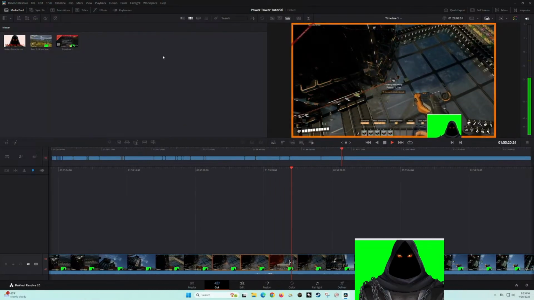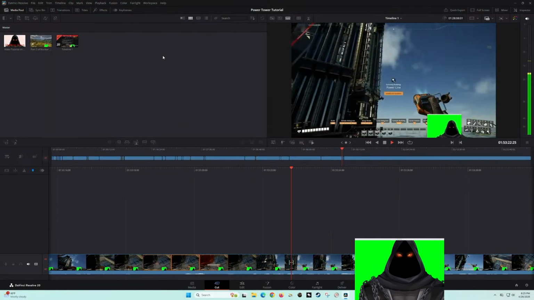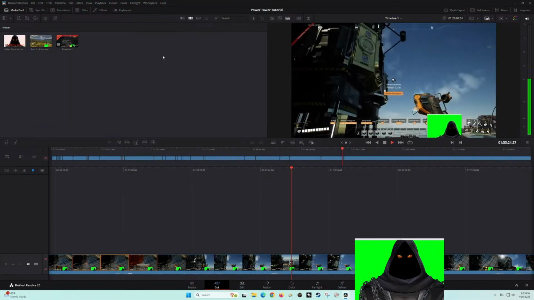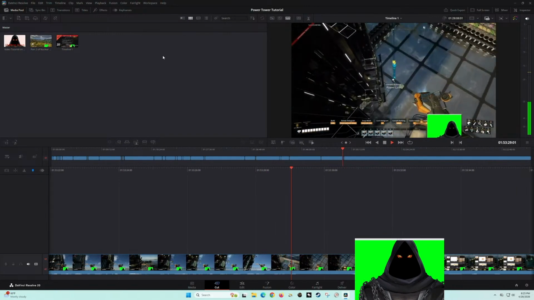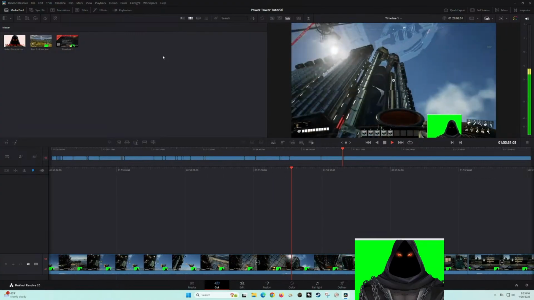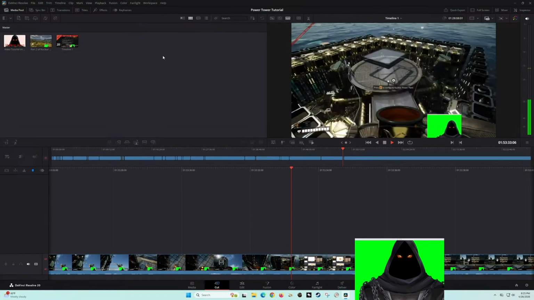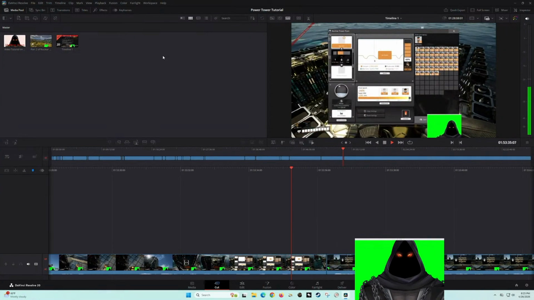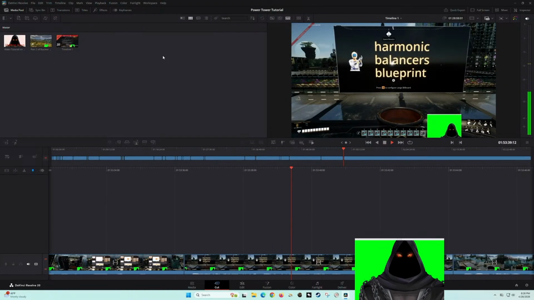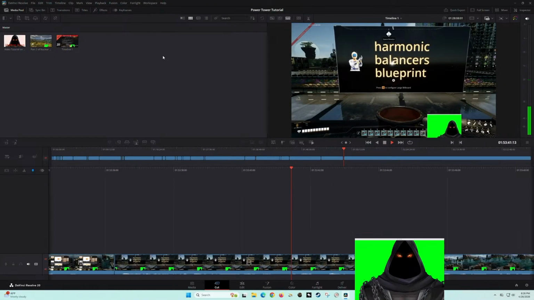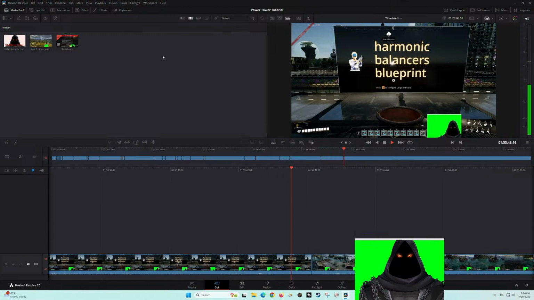All right, so after connecting all the belts, I'm going to connect the power between the floors. So I'm going to connect these two ground outlets like this. Now the power should be transmitting to the reactor above. And now we're going to transition to the next part of this tutorial regarding the harmonic balancers.